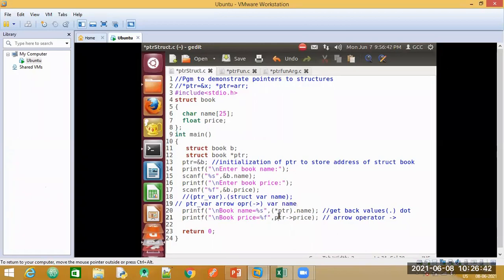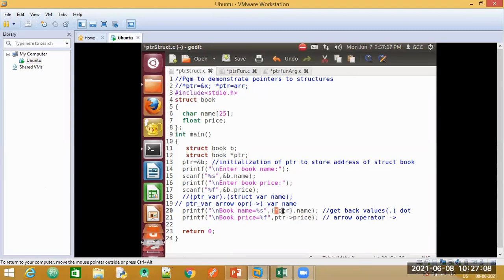So here I have given my pointer. I'm accessing through this PTR. See, when you give arrow operator, no need to make use of the asterisk, correct? So if I'm making use of my arrow operator, I'll just say PTR. I won't say star PTR. So PTR, it means what? Pointer variable is pointing to my structure variable, that is price.